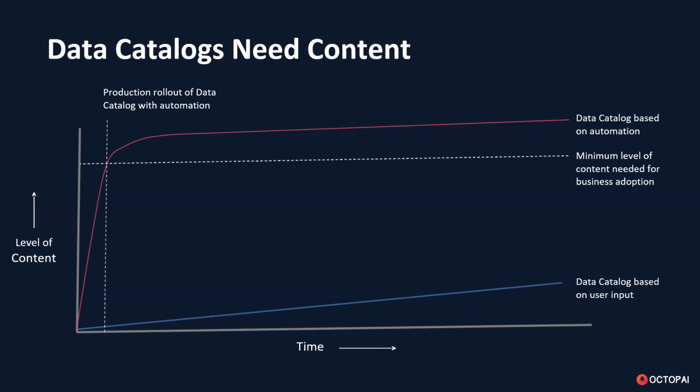And so the way to do that is to have an initial provisioning stage, which is done with automation, because it can only really be done with automation. We'll see a bit more of that later too. So this is something that I really want to emphasize. Please think not just in terms of capabilities, but level of content, minimum viable content too.